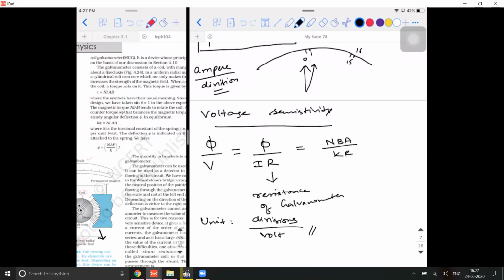Okay. So if this is done, we can go to the next concept. So this is all about a galvanometer. I'll just give you a minute. You can go through all the concepts. If there is any concept which is confusing you, let me know. If you're not able to speak, you can let me know in the chat box also.